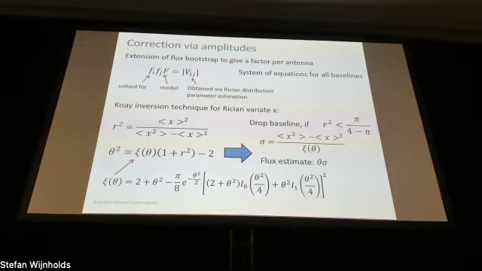And by the way, you would have to drop the baseline if that R-square happened to be below this critical value, because it's not possible in a Ricean distribution, but in practice it can of course happen. So anyway, that worked reasonably well. And while we're on this page, I can tell you that you can actually take it even further. You get the estimate of noise and flux for each baseline, and you can use the same math to estimate the flux of the source based on the data.